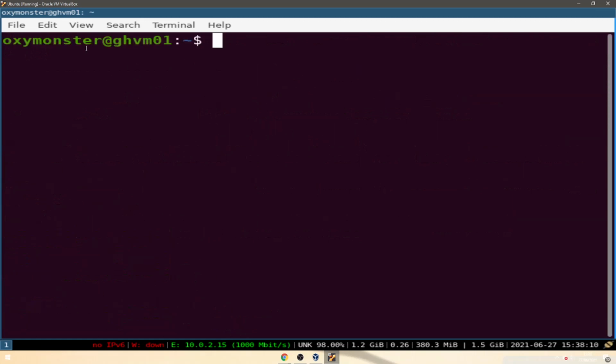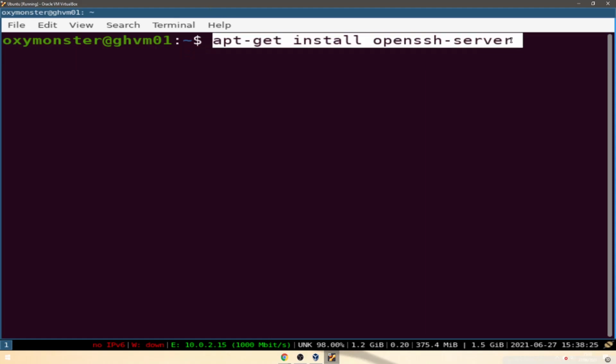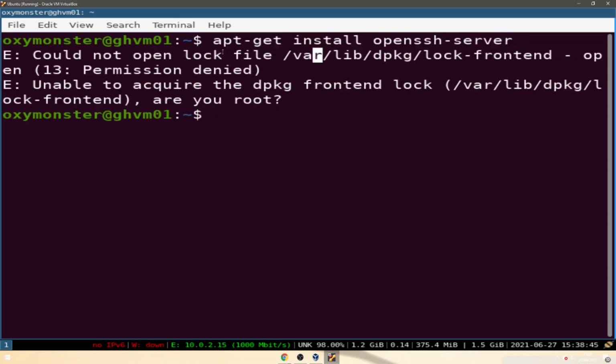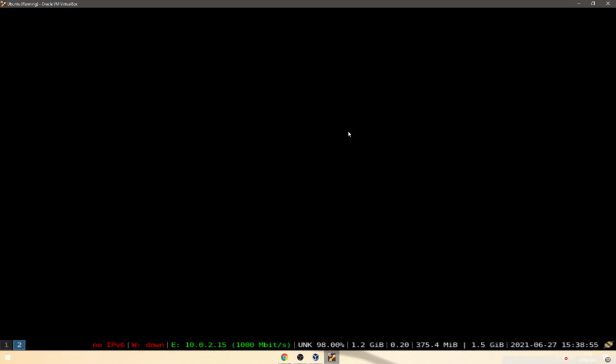In order for this connection to be established, if this is your first time, you might need to do apt-get install OpenSSH server. So you might have to do this to connect to it. And as you see, I've already kind of installed this one. And if we go into